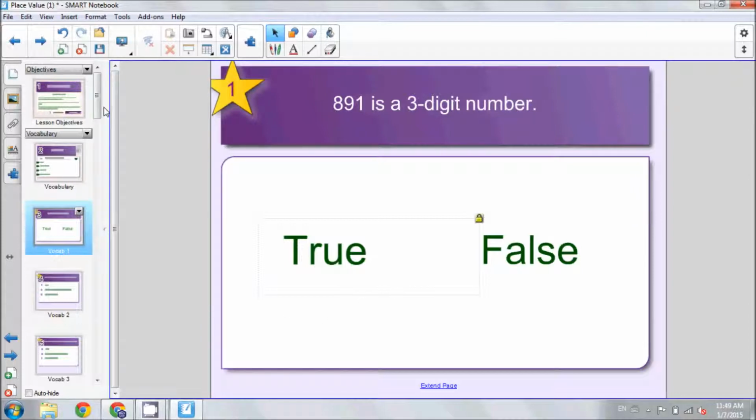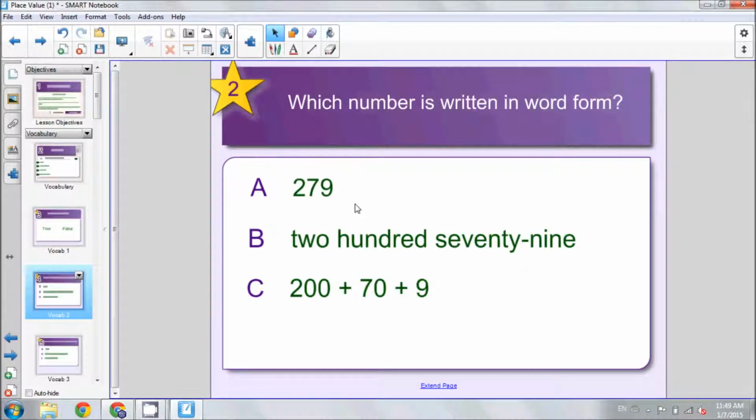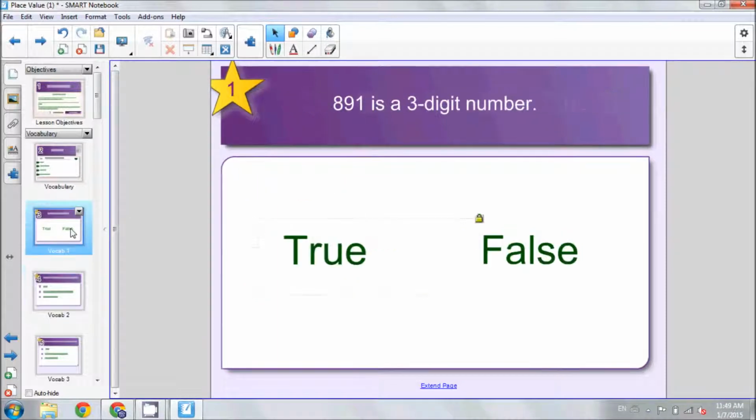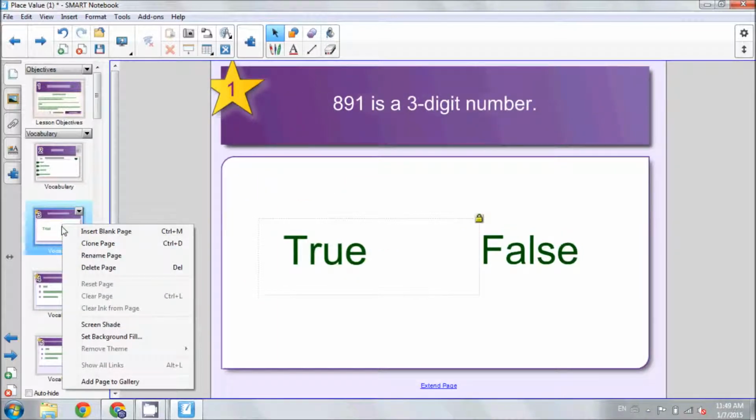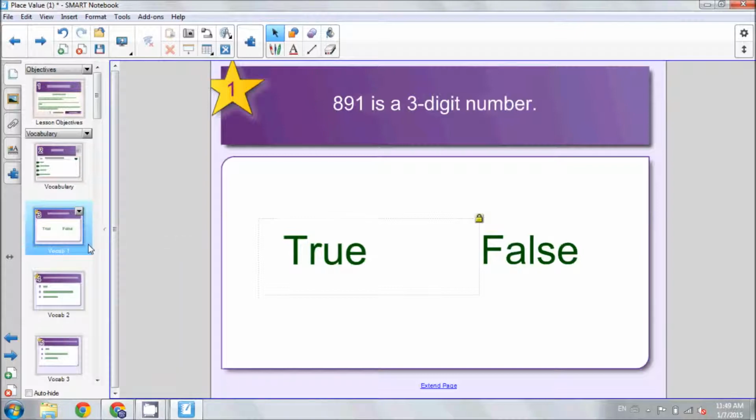The great part about these lessons is, say that you like the lesson, but you want to add more content. So you like this kind of question, but if you look, it moves on to a different question on number 2. Well, if you like that, you can simply right click and choose clone page. It will automatically renumber it for you up here in the right hand corner,